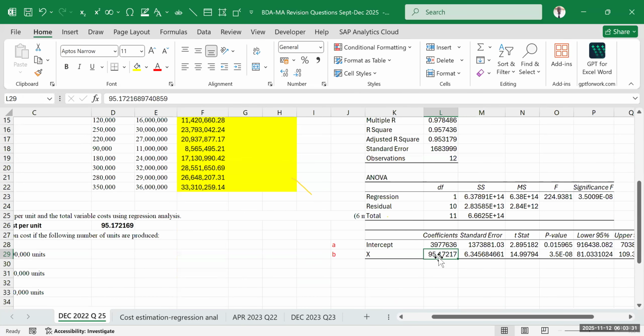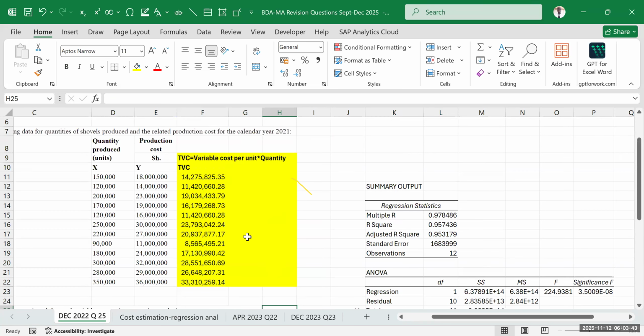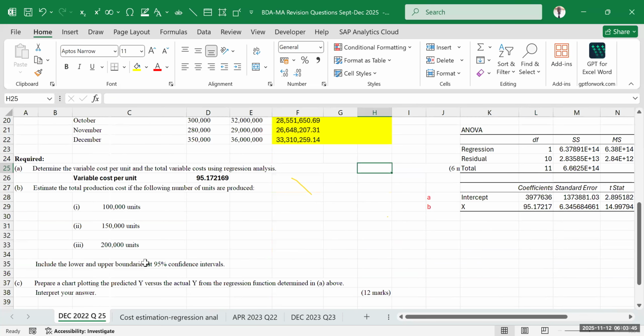When you round off yours, it will still be 95. Yeah, so the difference, because we are doing cost estimation, it cannot be 100%. So I think that one should not be much of a worry. So just relax. So part B is asking us to estimate the production cost if the